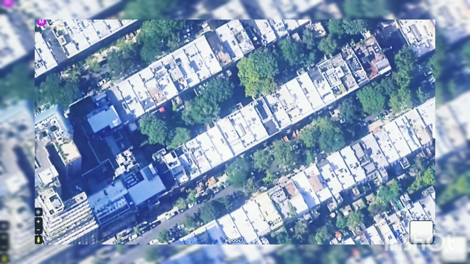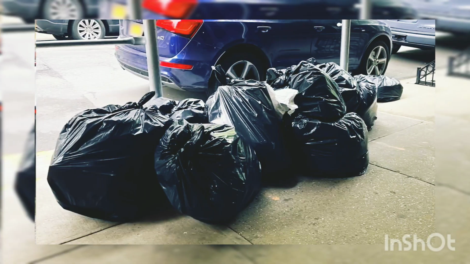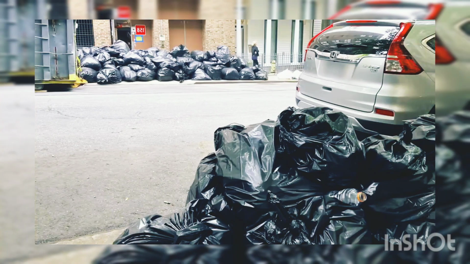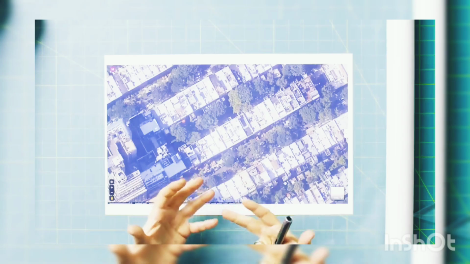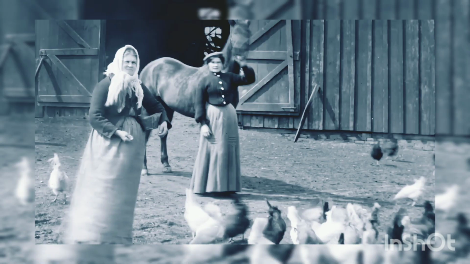So you'll notice in these overhead shots that there's no alleyways behind these rows of houses, and that's the reason why you see all the trash piled up on the front side of the street, because there was no alleyway to put the trash in the back. So in 1811, when they laid this out, people didn't really have that much garbage. I mean, there was a privy in the backyard, and you used nearly everything. Any food that you didn't use went to the livestock, and